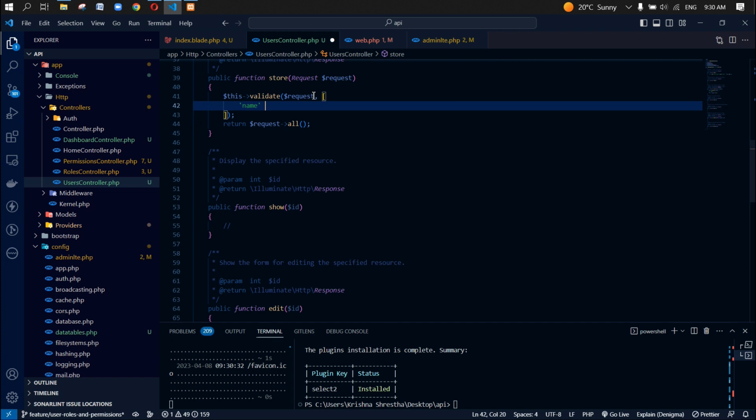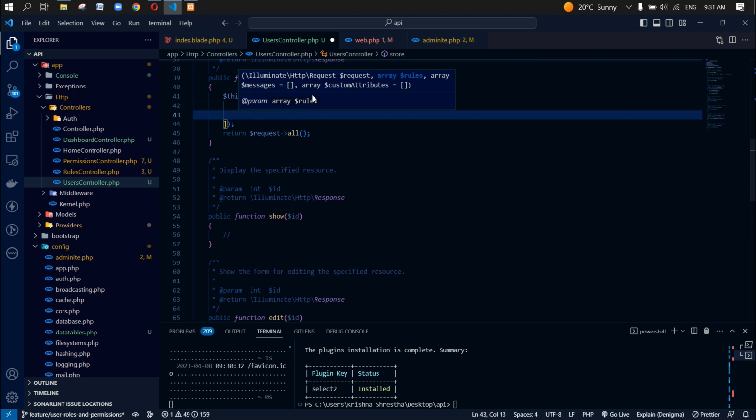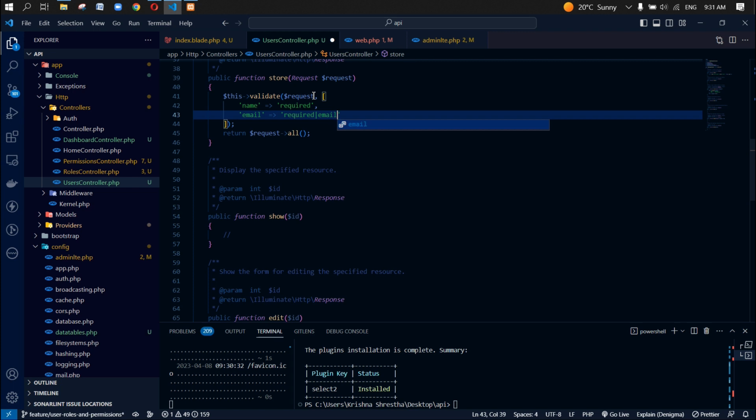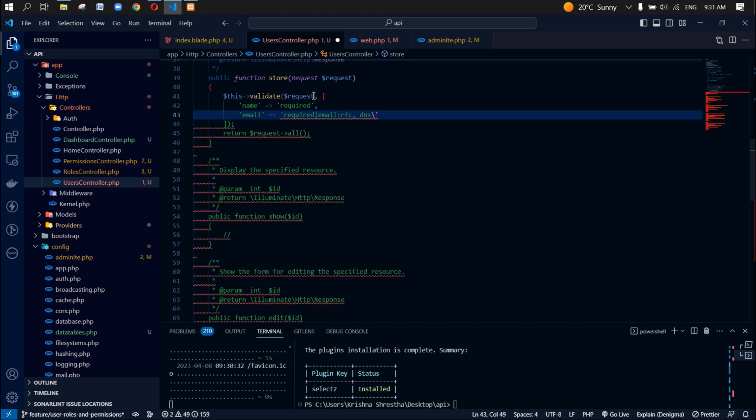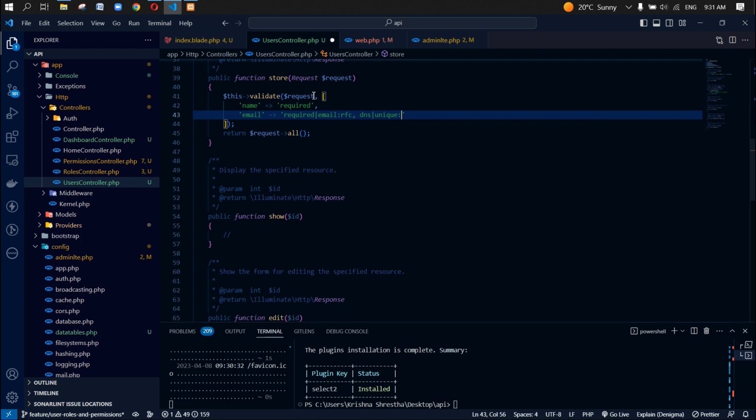So say, name is required, and email is also required, and email should be RFC format, which you can copy from the documentation, and it should also be unique with the table users. So email column,